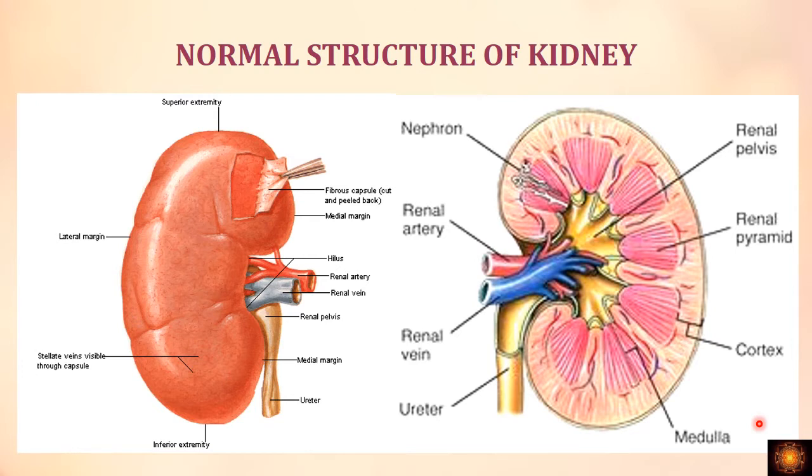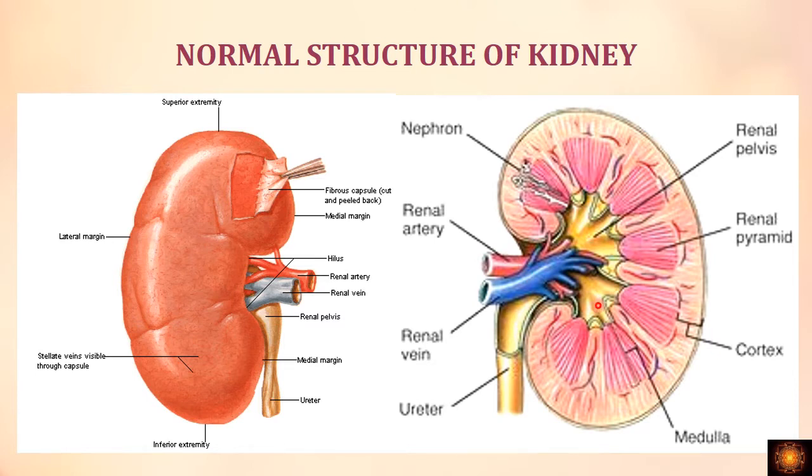Kidneys are present as a paired organ in the body. These are bean-shaped organs, and they have an outer fibrous capsule. When we see the shape of the kidney, it has an outer convex surface and an inner or medial concave surface. On the concave surface, there is a hilum in the middle. At this hilum, we have the opening of the vessels, renal artery, renal vein, and the ureter, which opens